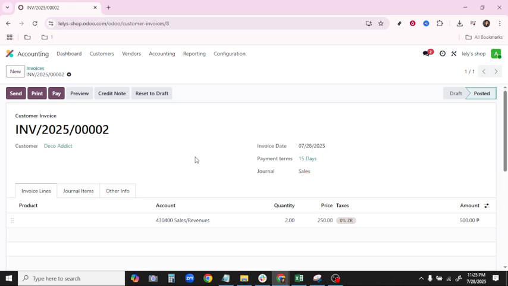And that wraps up our basic walkthrough of accessing and creating invoices in Odoo. With these steps, you'll have a clear path for maintaining your